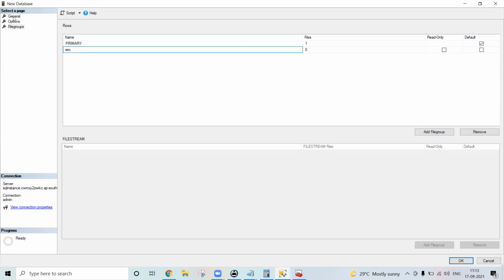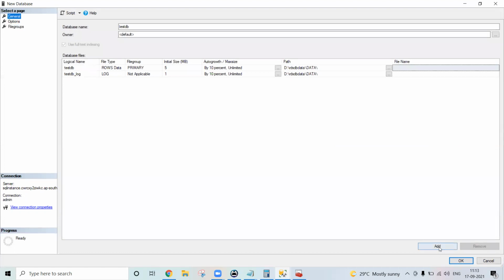Now let me add one more file. Let's call it file test. Which file group? Secondary. You can even change the initial size. Let me give 100 MB, based on the requirement.